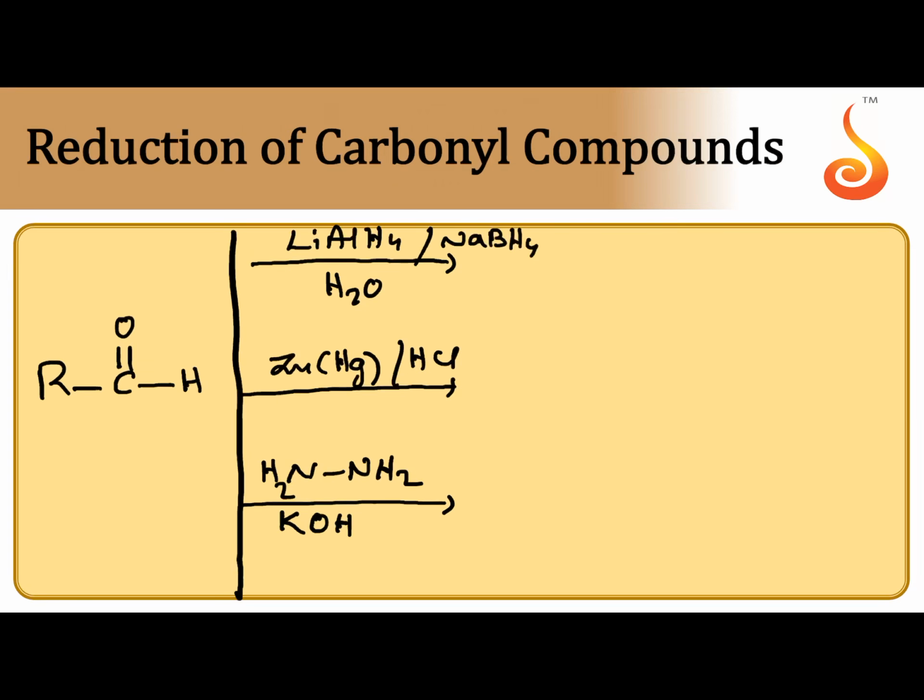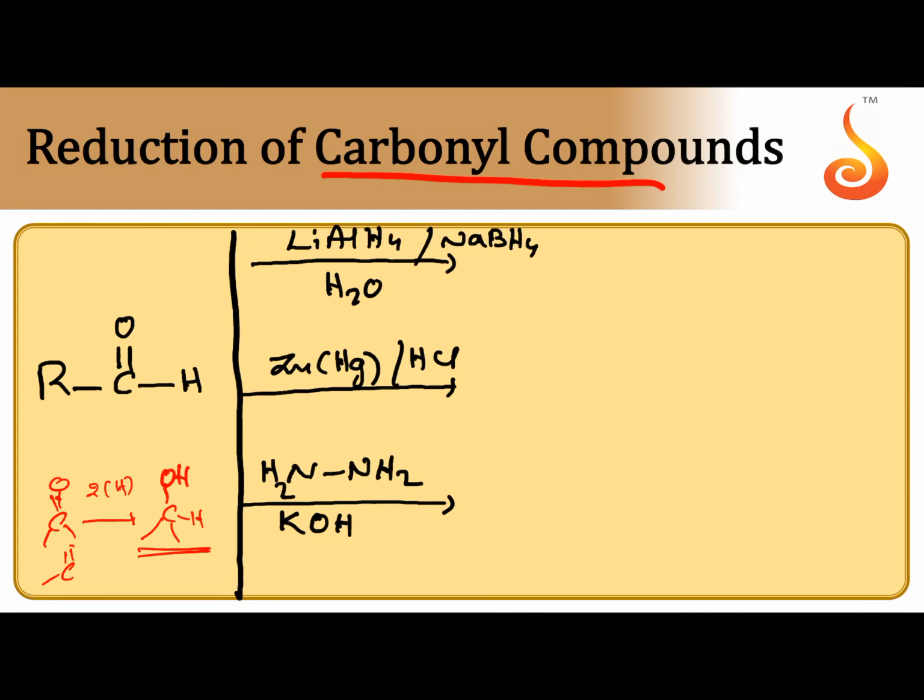Next one, reduction reactions of carbonyl compounds. Reduction of carbonyl group, two types. Carbonyl group partially reduced by the breaking of pi bond, 2 hydrogens are added, one at oxygen, other one at carbon, that gives alcohol. This is partial reduction. In this case, only 2 hydrogens are involved.